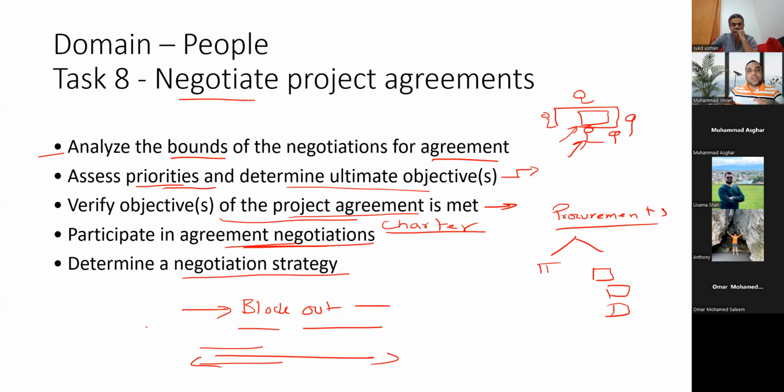So in exams, you will get questions where the customer is agreeing to something which was not defined in the charter. Okay, changes are good, we need to go for it, but the governance has to allow us to do that. We have to check the scope statement. Was it in exclusion or not? Because remember, the project scope statement should contain the product breakdown structure, product scope, and project scope. It should also contain exclusion criteria and acceptance criteria. So was it part of the exclusion criteria or not? Then how do we negotiate for it? All these things, as a project manager, you have to find out.